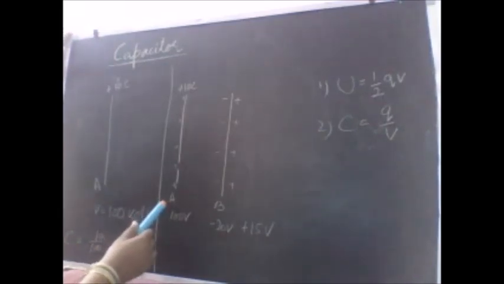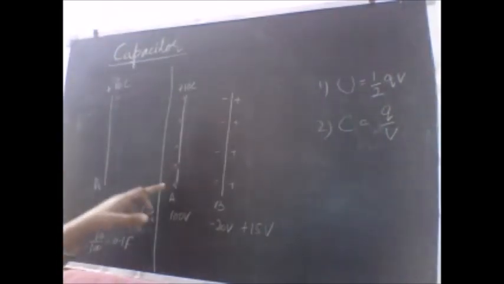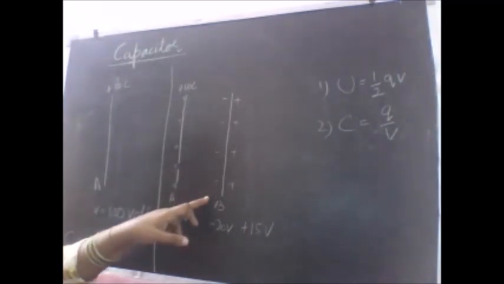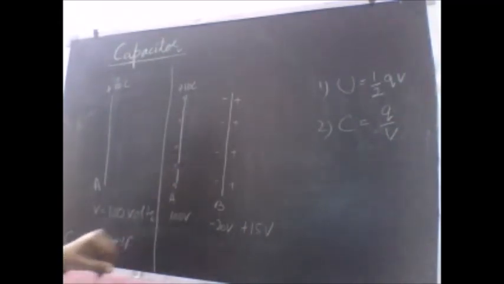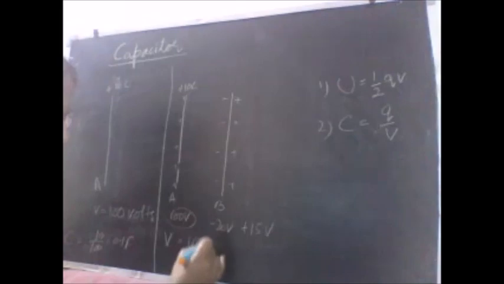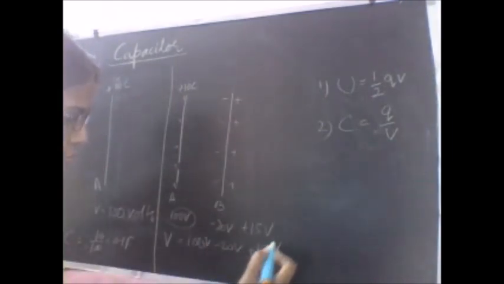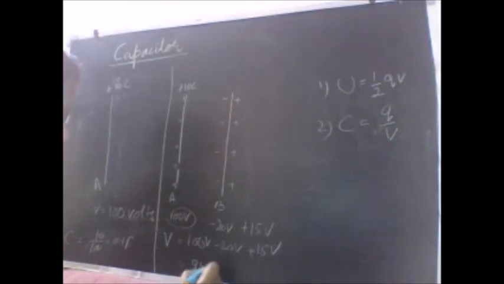So what is going to happen to the potential of the plate A in relation to the plate B? Initially also we took the potential to be 100 volts. Since potential is not an isolated term, we always find the potential with respect to infinity. Since no other plate is there, we take the potential with respect to infinity. Potential of A here will be measured with respect to the plate B. So what will be the potential here? The net potential of the plate A with respect to B will be 100 volt, the self potential, negative 20 volt offered by the negative side, and 15 volt offered by this right hand side. So the net potential comes out to be 95 volt.